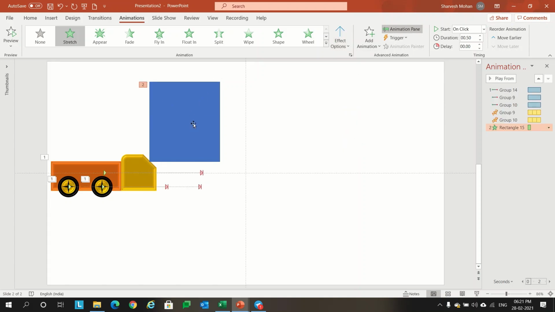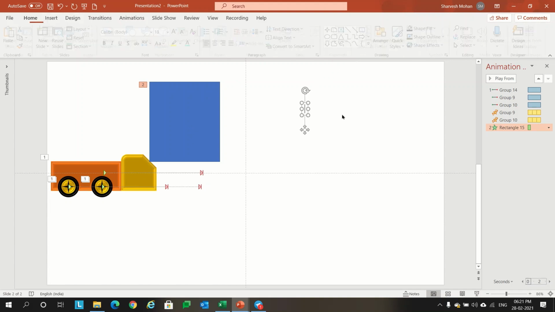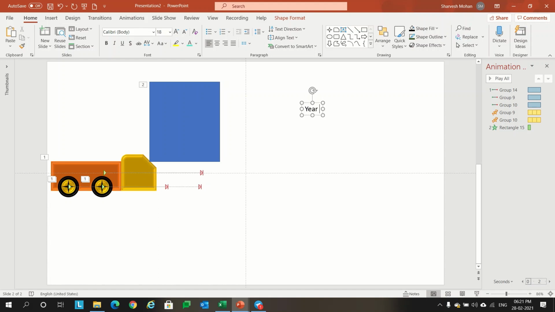Okay, so after it's coming, we need to insert the text. You have to give the year 2000, and we'll make it bold, and we'll put it here, and take one more, Control D, and whatever we want to write, we can write.